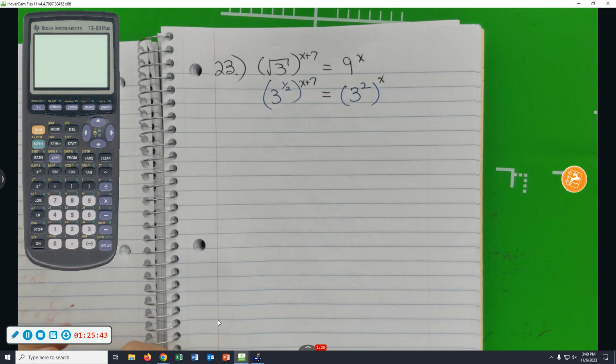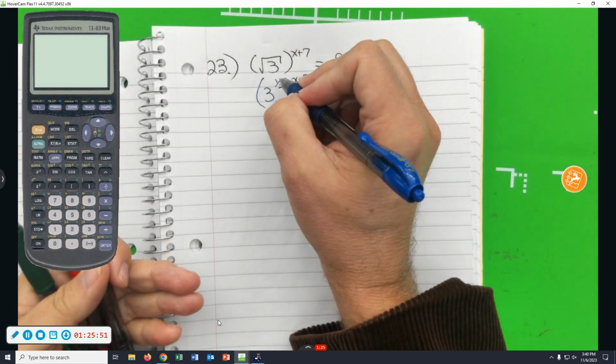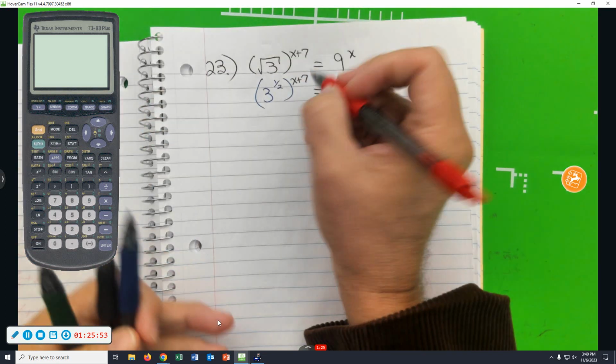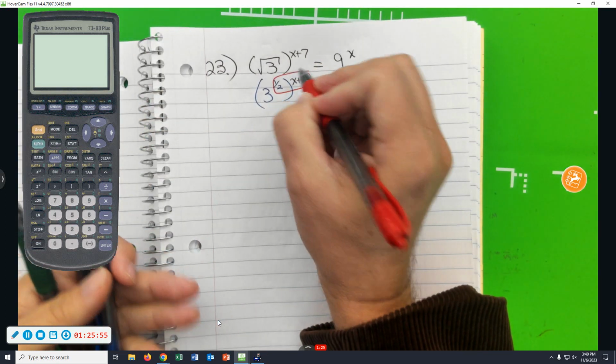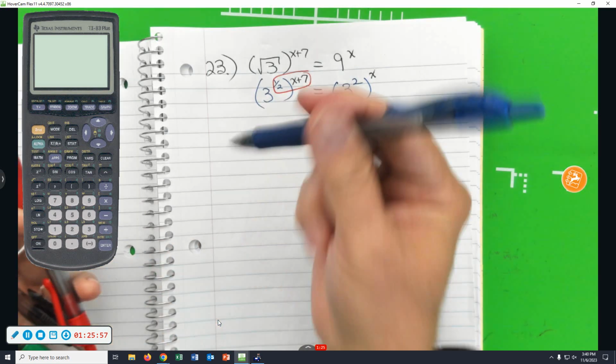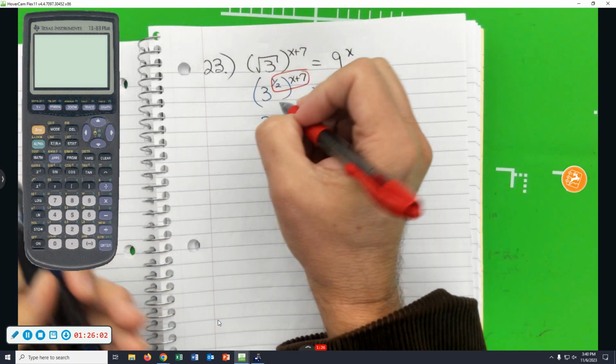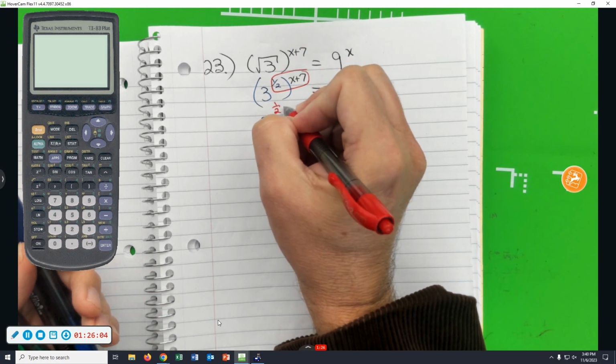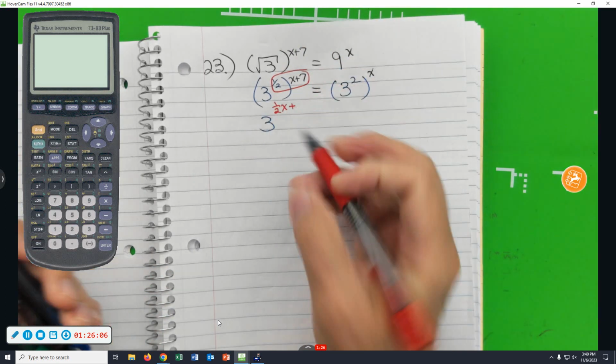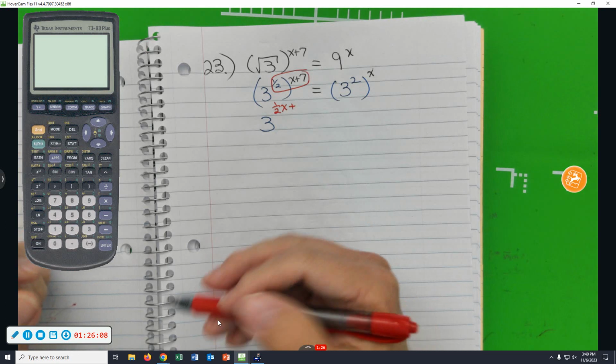We have powers raised to powers, so we have 1/2 times x plus 7. 1/2 times x is 1/2 x plus 1/2 times 7 is